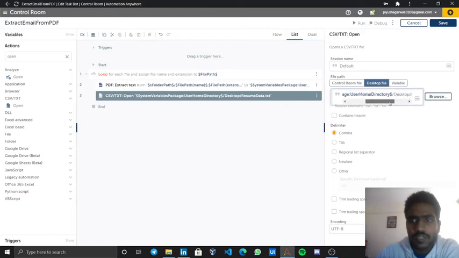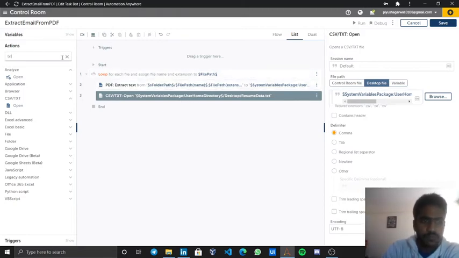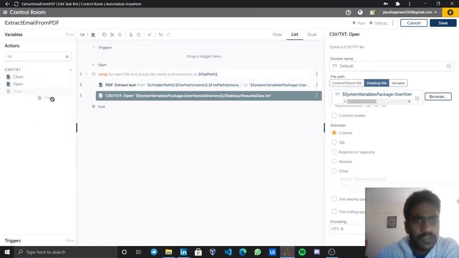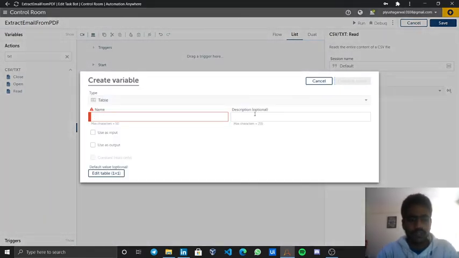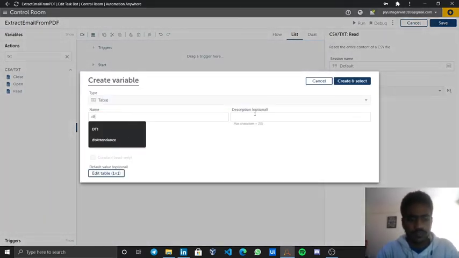Now it does not contain any kind of header, it's a text file, comma separated. Then we have more operations, like if I search for text, there is a read operation. Let's drag it. It's asking me to assign a value to the variable, so click on plus and let's call it dt resume data.